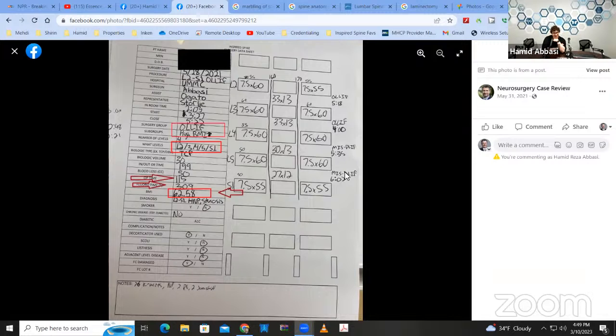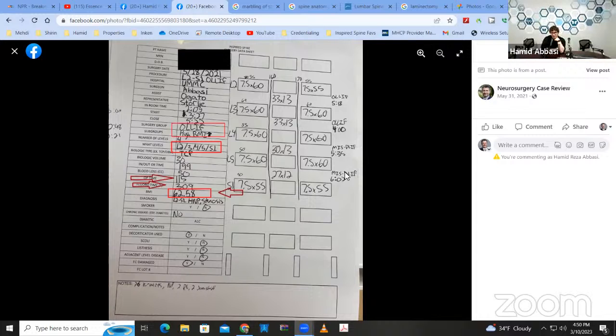It's pretty interesting. I was looking at this paper specifically that he has up here, and I was curious about, it says OLIF, and then MIS, I think it's DLIF, which I think is a different technique, direct lumbar interbody fusion. So I kind of want to ask him about that. Is that DLIF or is that PLIF? I think it's DLIF, direct lumbar interbody fusion. So I think he might have used an OLIF for 2 of the levels and then a different surgical technique, which is also minimally invasive.